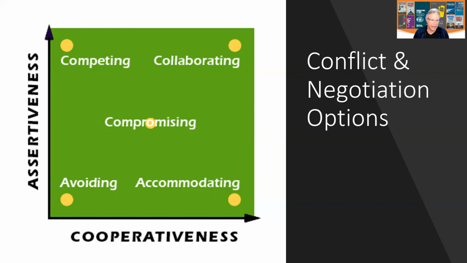And if we go all the way down to the right-hand corner, you'll see accommodating. Now, accommodating is the exact opposite of competing. This is lose-win. So when you accommodate, what you're actually doing is letting the other person have it their way. Now, you might think, well, why would I do that? Well, if the situation is more important to them than it is to you, it might be prudent to accommodate. Now, in order to accommodate, of course, it's low on assertion for the simple reason that you're letting the other person win, so you're not standing your ground.